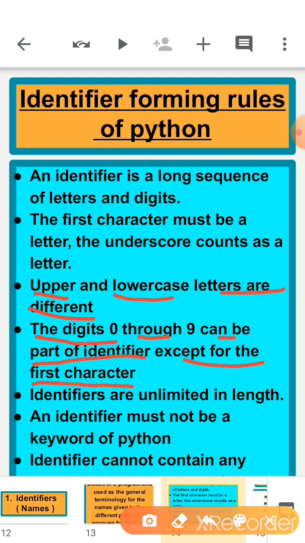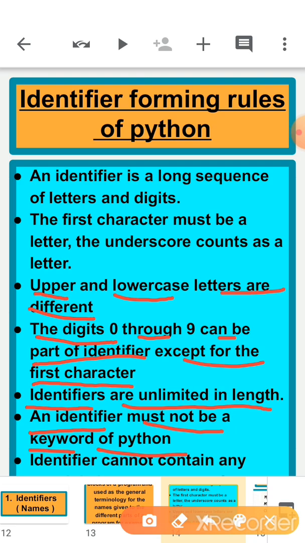So we can use digits while giving names to variables, but we can't start any variable name with a number. Identifiers are unlimited in length, so no length is fixed, you can make it as long as you want.